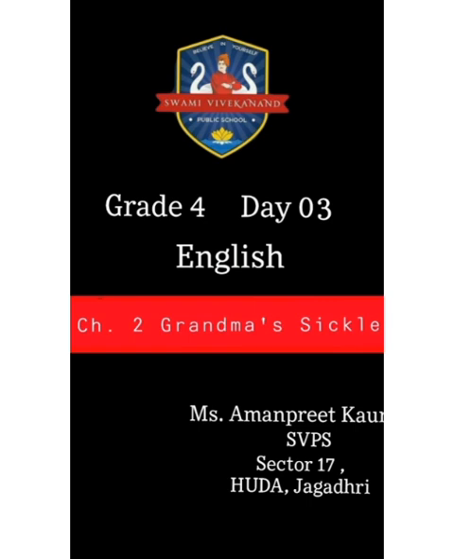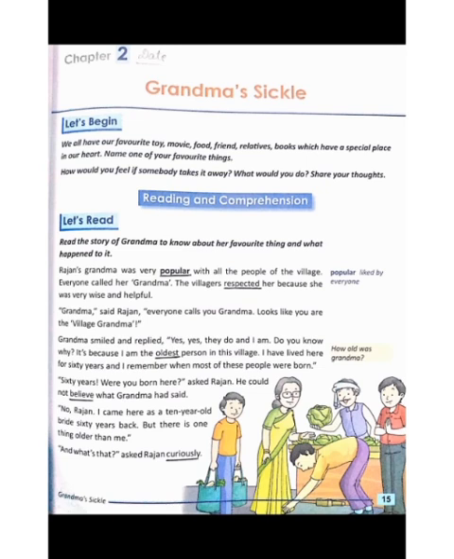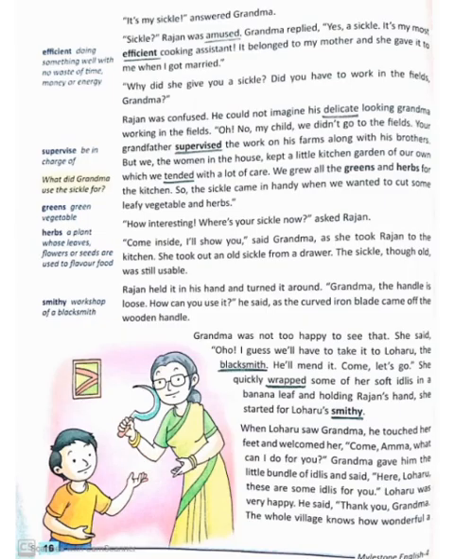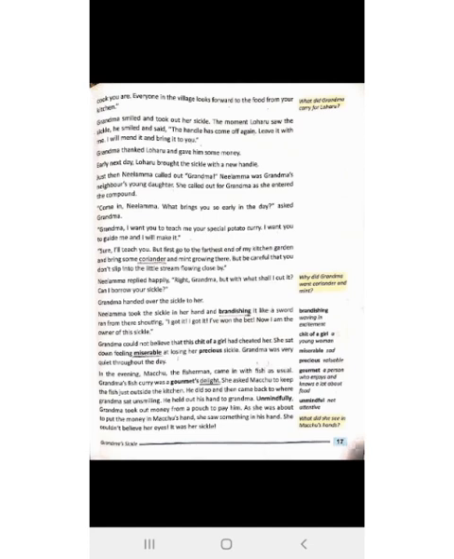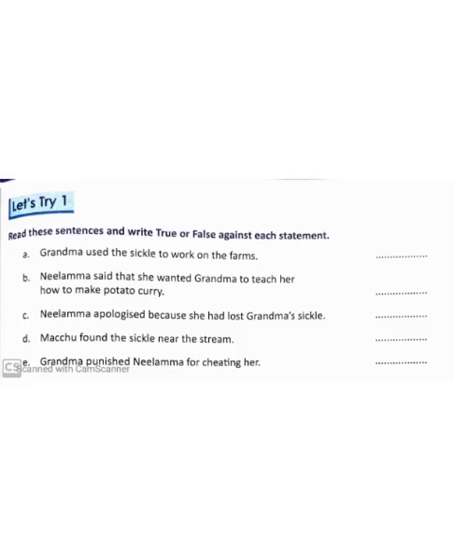Students, in the previous videos we have done the reading and explanation of the chapter Grandma's Sickle. We read how precious Grandma's sickle was to her and how Neelamma cheated her to get the sickle and how grandma got the sickle back. Now, I hope you all have done the comprehension questions along with the word meanings, make sentences and dictation words in your notebooks. Now that we are all clear with the story of the chapter, let us start with the